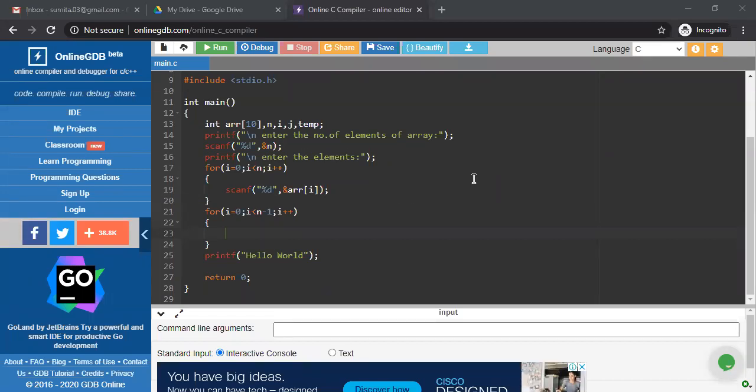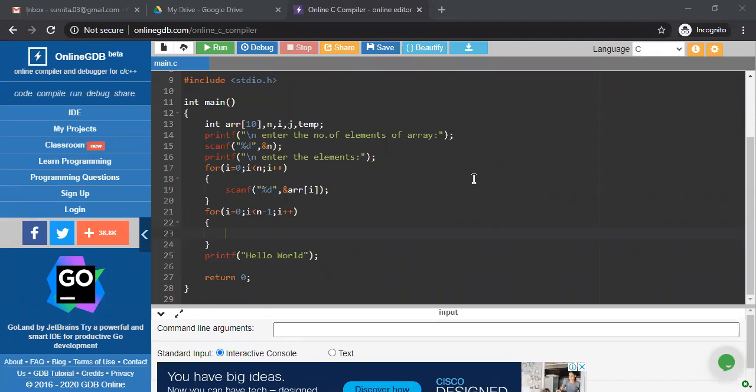So we first write down this condition. Then if the first element is greater than the second position element, you have to swap these two values, of course using a third variable, temp. We have already declared the temp in our variable declaration line.